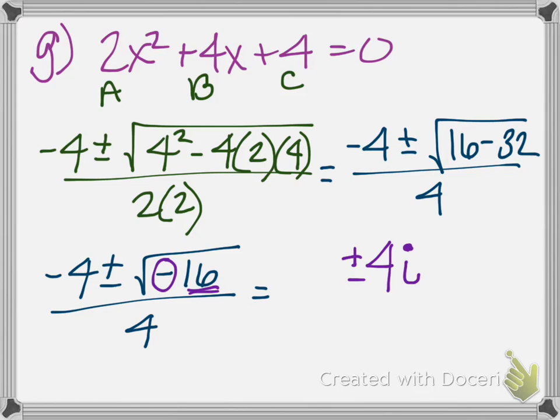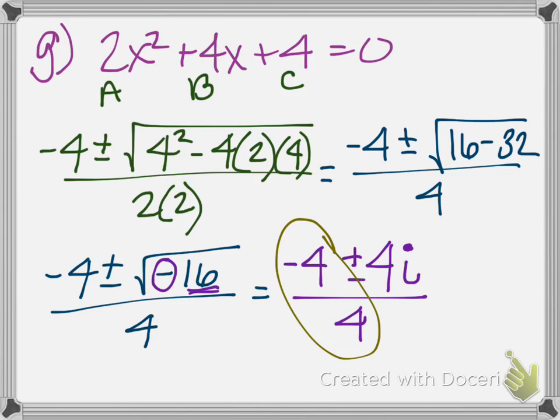I still have the plus or minus, and in front of that plus or minus, I still have this -4. And everything is still divided by a positive 4. When we do the division here, we divide the real parts and the imaginary parts. And we get here -1 plus or minus 1i, or just i. And this is our solution for part G, our other